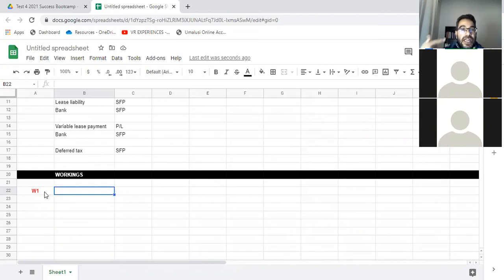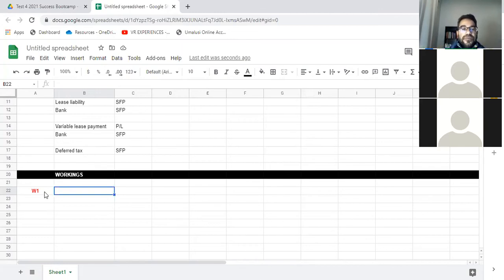So train your brain how to think when it comes to right of use asset, when it comes to lease liability. What I'm writing down here, you don't have to do in your workings in an exam because it's not applicable. But what I'm writing down here is what is basically going through my mind. So that's what you want to do, is train your mind how to think about something so that you have a set way of thinking. So you will be able to pick out what is relevant and what is not relevant. You must do this for all subjects.